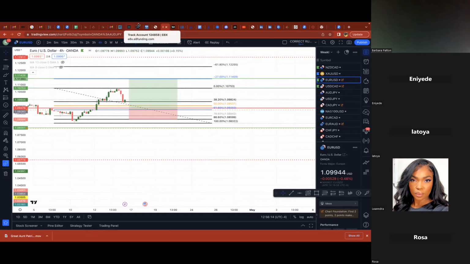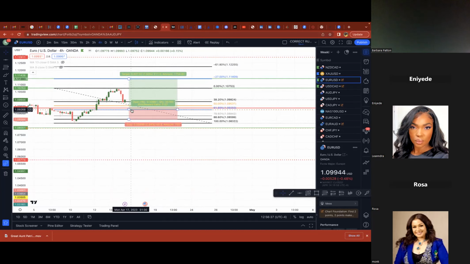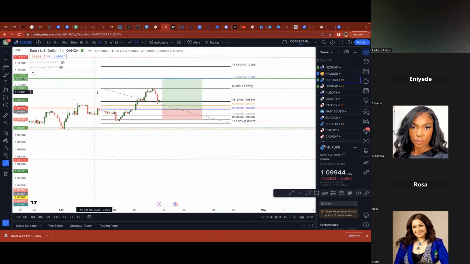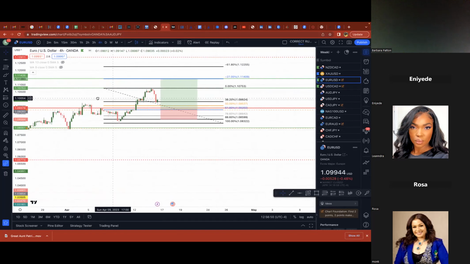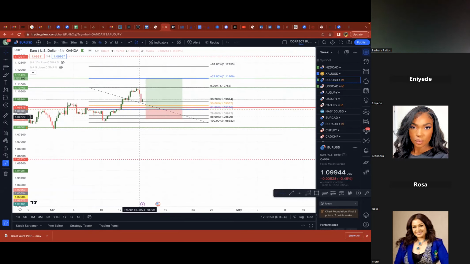I can show you my trades. Like so far, even last week, all the trades that I did, every one of them was in profit. Every one of them at least hit the 0. Every one of them actually followed the rules, closed above and everything. So that's the main thing.